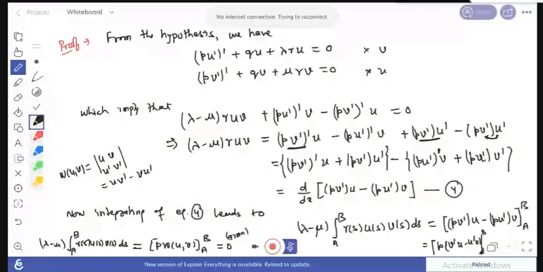Okay, then next theorem, theorem third. Here we can write some remark from theorem 2. From theorem 2, it is clear that